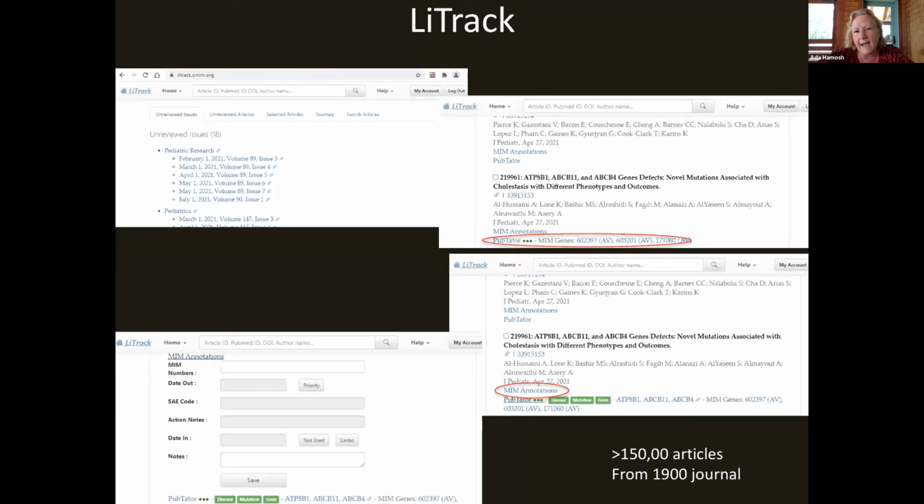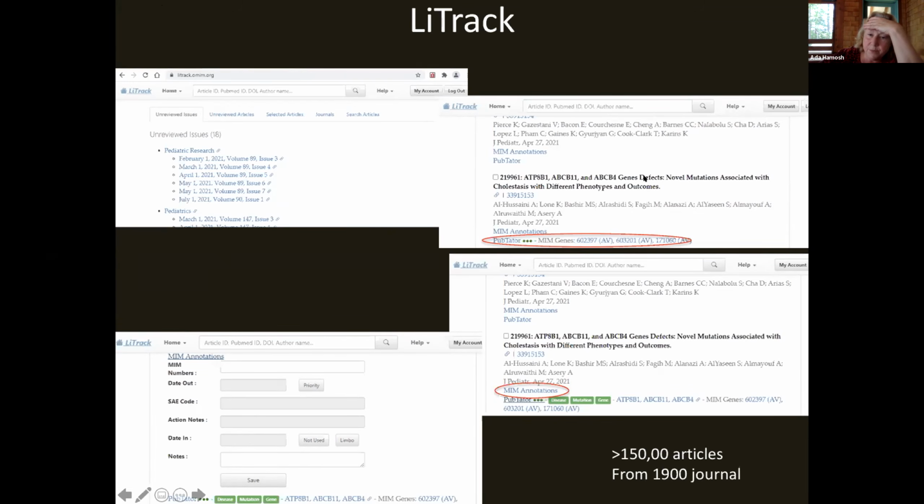Jenny had asked me to discuss how we track our literature and so on. We have built something for internal consumption called LitTrack. Different senior personnel in OMIM are responsible for reviewing particular journals or particular topics. In this case, I'm responsible for pediatric research, pediatrics, and the journal Pediatrics. And you can see I'm a little behind. So I pulled a JPEDS one, the most recent JPEDS issue. It has the table of contents, and then it's got an annotation.